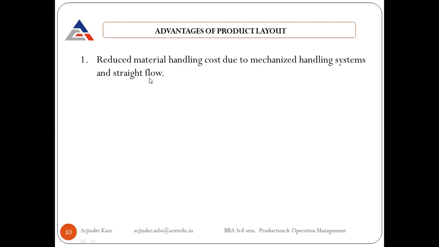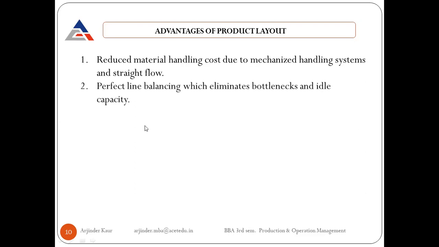So material handling: herein we can make use of the mechanized handling system to ensure the straight flow and perfect line balancing, which eliminates bottlenecks and idle capacity. If the machineries are arranged far flung, at a distance from each other, then there could be some bottlenecks. The people responsible for passing on material from one machinery to another may take a lot of time for passing material,